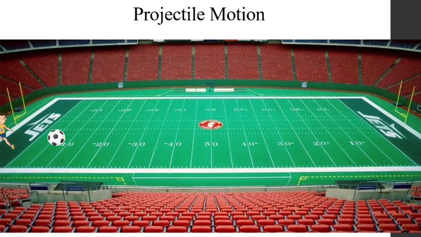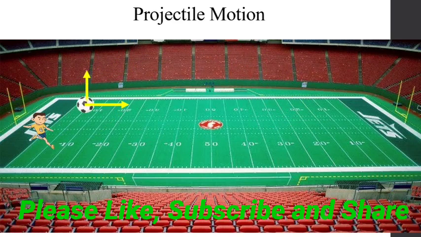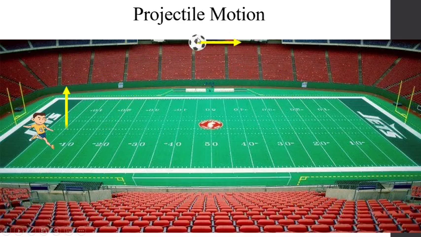But in case of projectile motion, you can observe that if this player is hitting the ball in the vertical direction, this hitting velocity will have two different components. One is the horizontal component, the other is the vertical component. In projectile motion, the horizontal component remains constant whereas the vertical component keeps on changing, because this ball is going upward in the opposite direction of gravity, and due to gravitational acceleration the vertical component of the velocity goes on reducing. At the highest point, the vertical component of the velocity becomes 0 whereas the horizontal component remains the same.